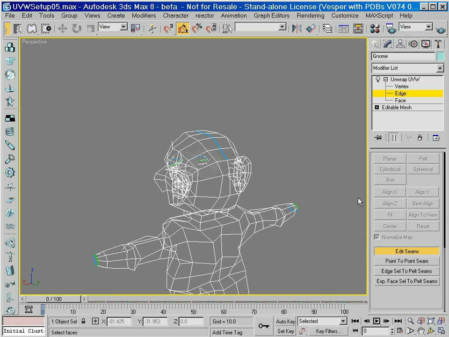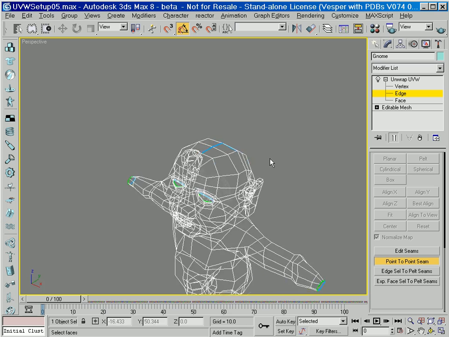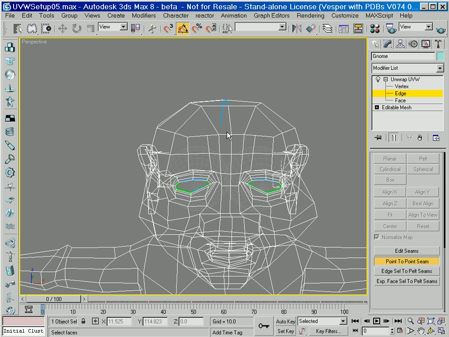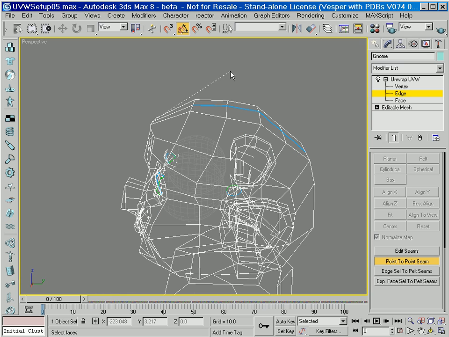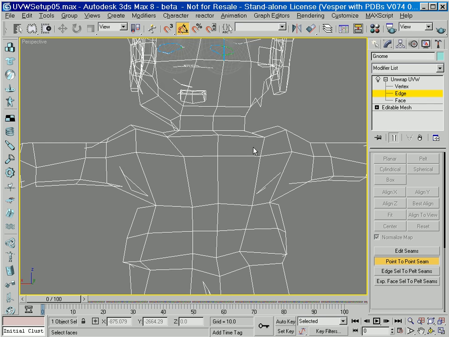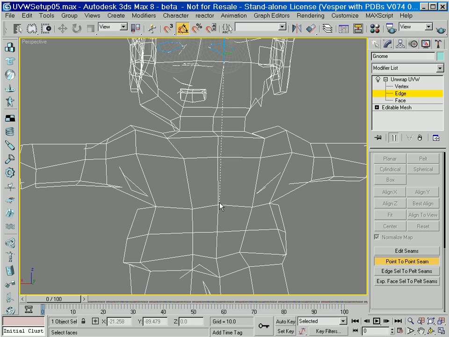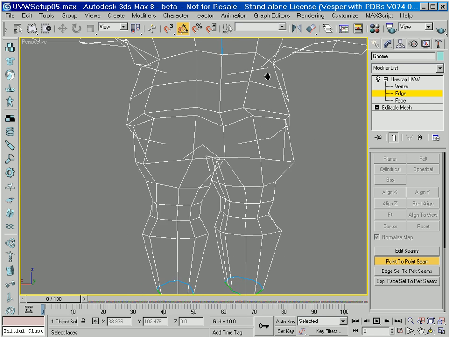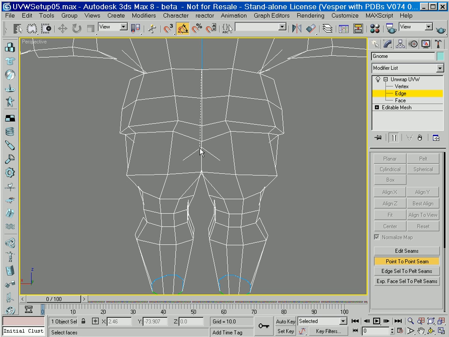A little bit faster way to do this is actually to choose point-to-point seams, and what this allows you to do is go and select a point. We'll select this point in the front of our character's forehead, and you see you get this little line, and then from point to point it selects edges that are the easiest way to connect these different points. So with just a couple of clicks you can get some fairly fast